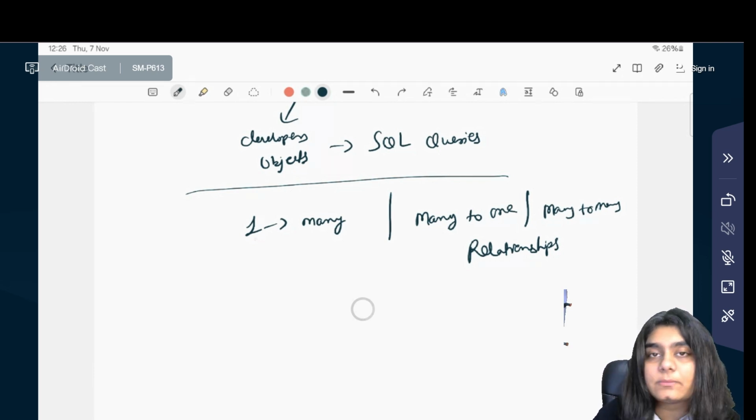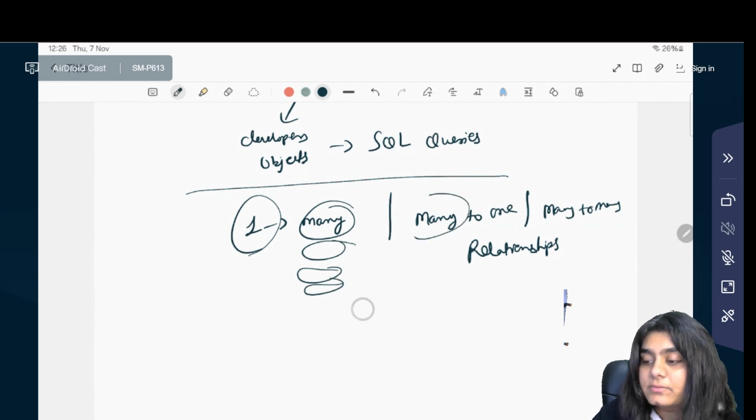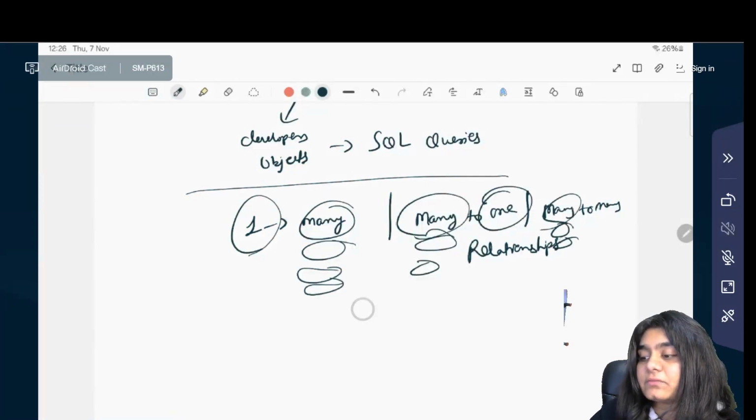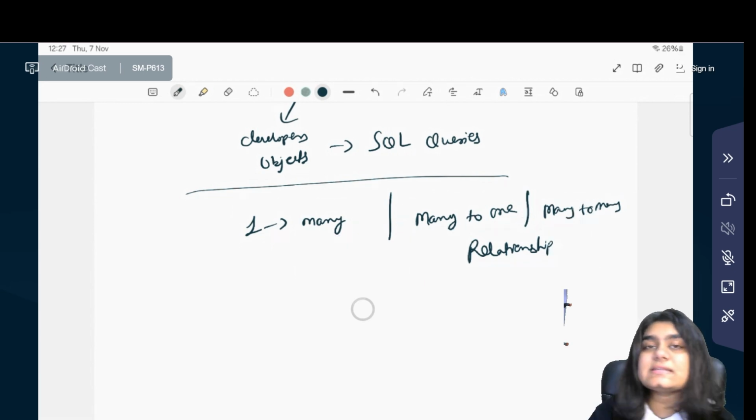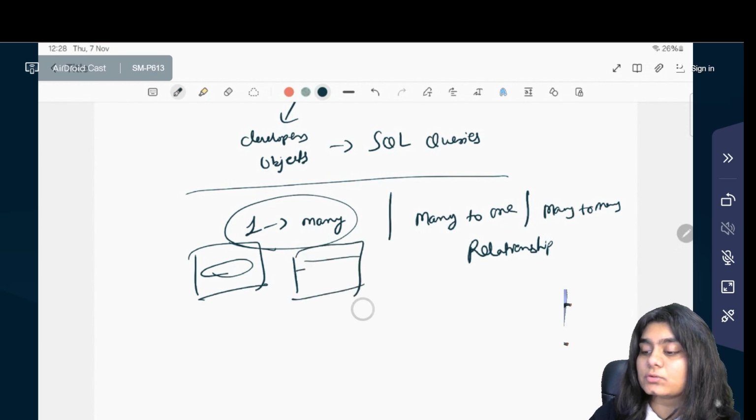For example, one table is interacting with multiple different tables, many tables are interacting with only one table, or many tables are interacting with many other tables. So this defines how the tables are connected and interacting with other tables. So here, for example, one to many: one row of a particular table is interacting with many rows of